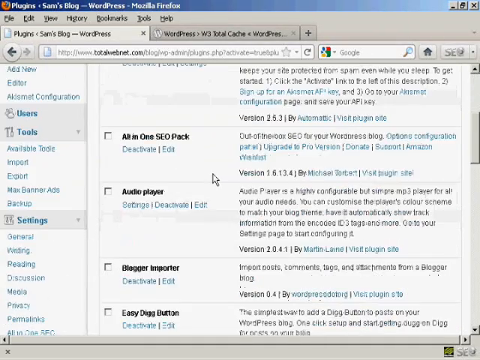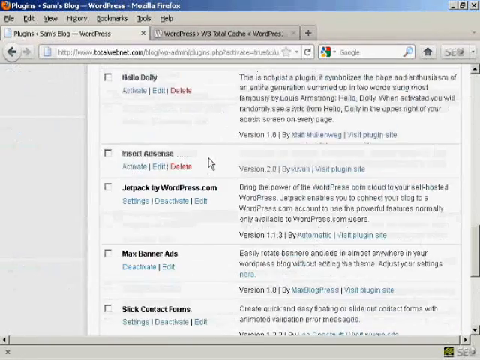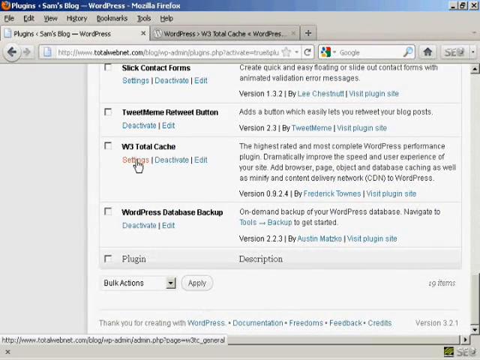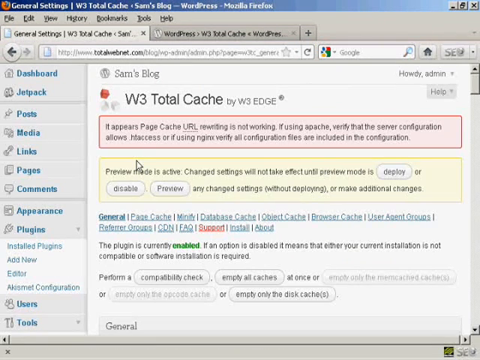Okay, now we need to adjust the settings. So coming down here to W3 Total Cache, and then click here on settings. You may get this error here, page cache URL rewriting is not working. I'll talk you through how to sort this out. This is a very common problem. First thing you want to do is get rid of preview mode so that you are actually making the changes. So what we're going to do is click here on deploy,